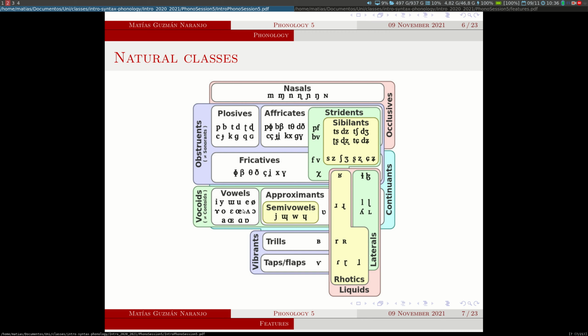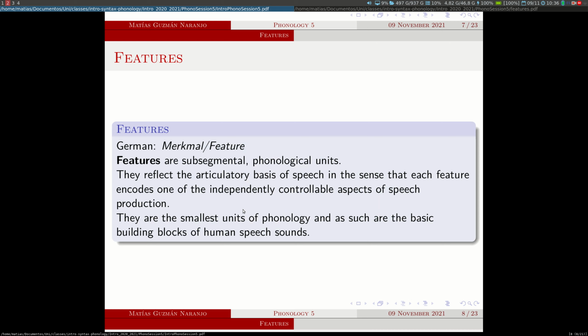So this very simple idea, that there are groups of sounds that share some properties, will be very, very important for us and for you in the future to be able to properly write rules and descriptions of languages. So to express those things, we're going to use features, and features are subsegmental phonological units. They are mostly based on some articulatory basis of speech,